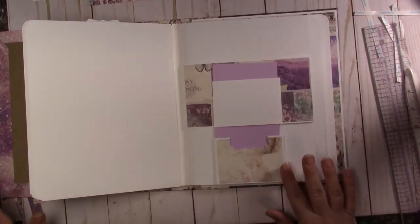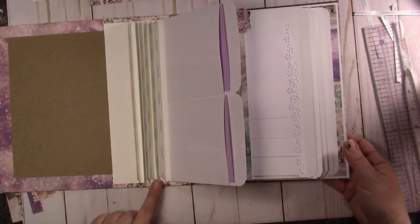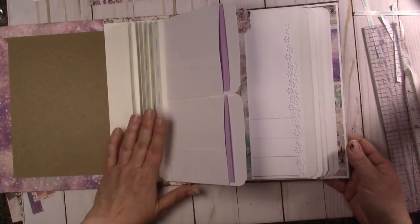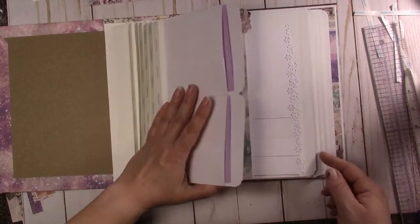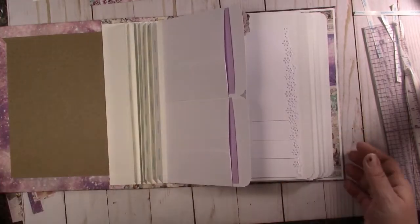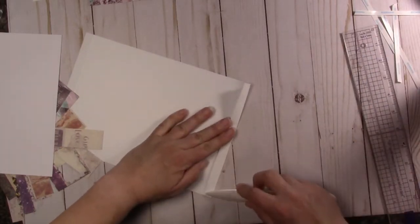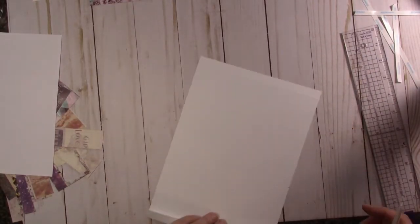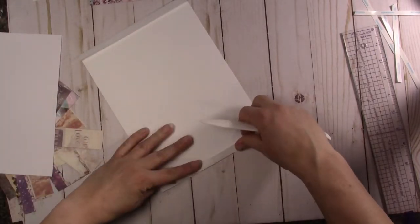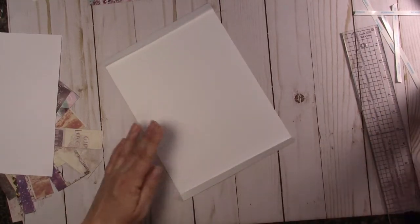So we're going to recreate this page that I'm going to make, which this will be 3, 4, 5, 6. There's 6 pages left, so we're halfway through, and I have to recreate this page for you, and then I want a shaker page for the first page, which will be super fun. So let's get started. I'm going to take my base pages that I already have cut. I cut it in the first video. No, I cut all the base pages in the second video,